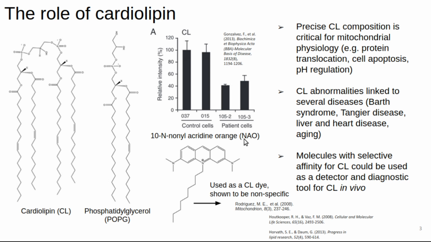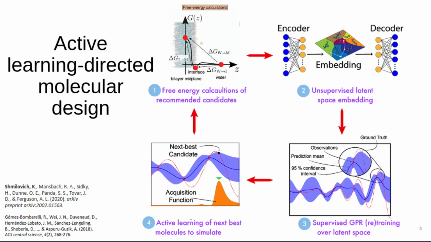Therefore, the goal of this work is to identify molecules that selectively partition into cardiolipin-based membranes while remaining impermeable to other membrane phospholipids such as POPG. We engage this problem using active learning directed molecular design, and on the right is a schematic illustration of our